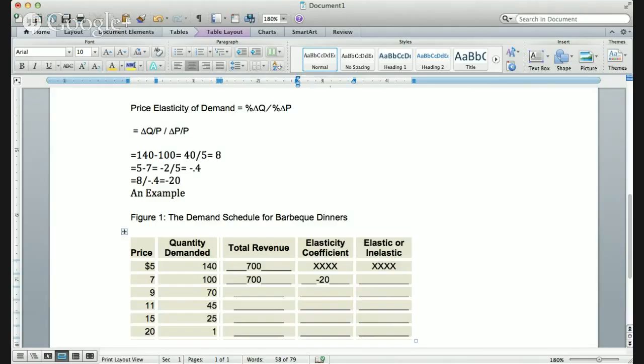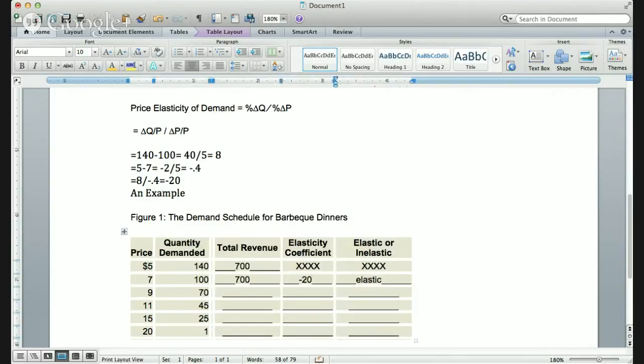Remember, if something is 1, that means it's unaffected, inelastic. Something that's more than 1 is going to be very elastic. So the higher it goes over 1, the more elastic it is. So this one we would simply say is elastic. In fact, if you had measurements of it, you would say it's very elastic. By the time you get down to closer, let's say